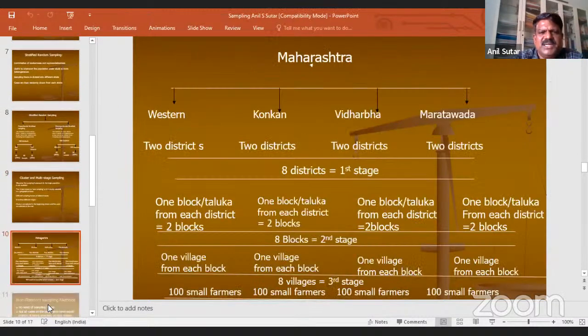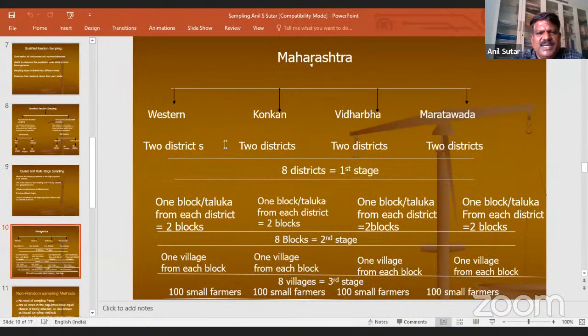Here is the illustration. I hope you can see. For multistage, it has two terms: multistage and cluster sampling. Then you should demonstrate in your sampling plan that you are following different phases, that is multi-stages, and you should also demonstrate you are selecting clusters. Clusters means a combination of sampling elements. I will illustrate it.